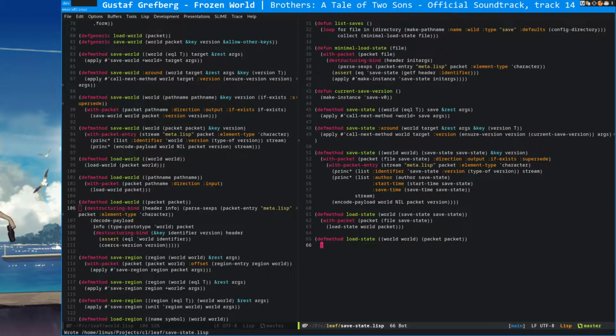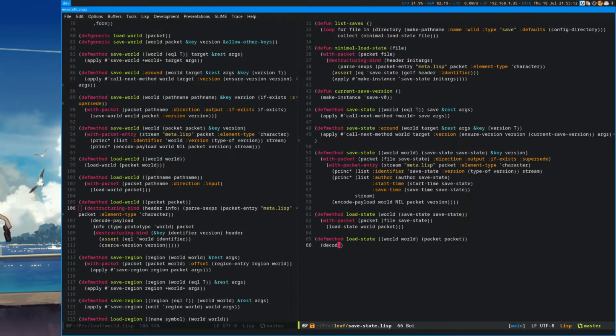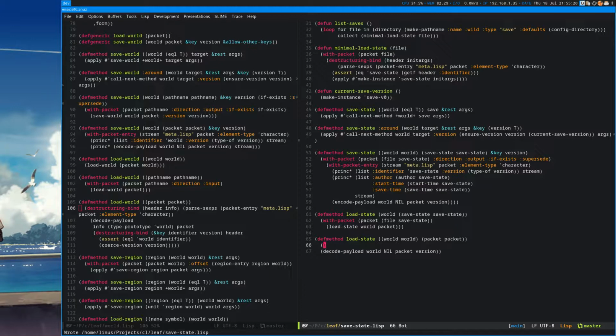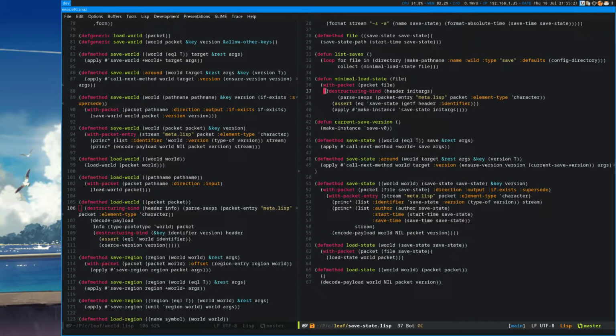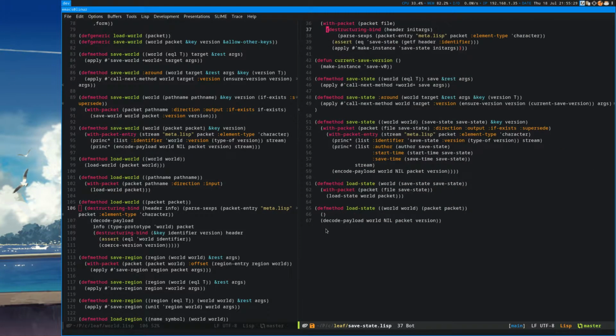So when we load the state, all we need to do is decode payload. That cleared it up, thanks. Okay. Nice. I'm always glad to explain, so please, if you ever have questions, do tell me. Okay.